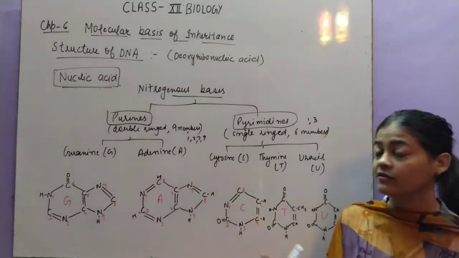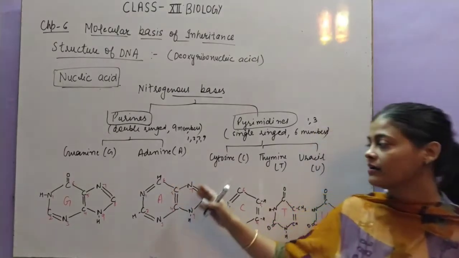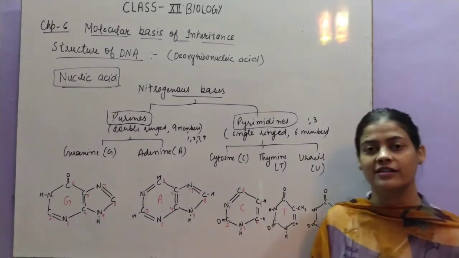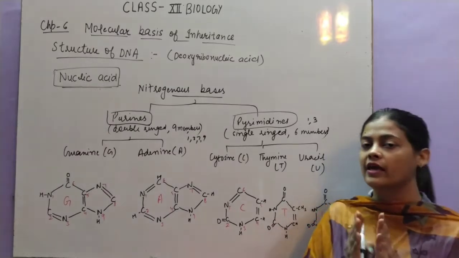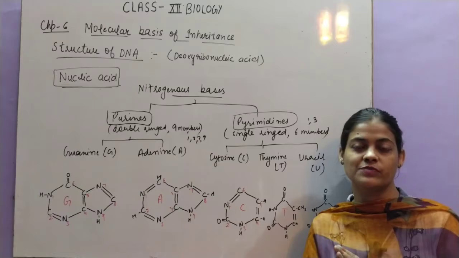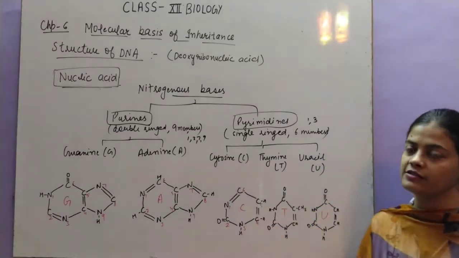A very little difference is there in between the two structures. Why are they like that? They have this kind of structure. I have shown the detailed structure because when we will study the bonding, how these nitrogenous bases attach themselves, they bond with the other nitrogenous bases to form the 2 strands of the DNA, then you will find it.